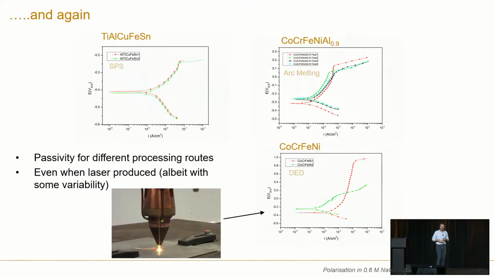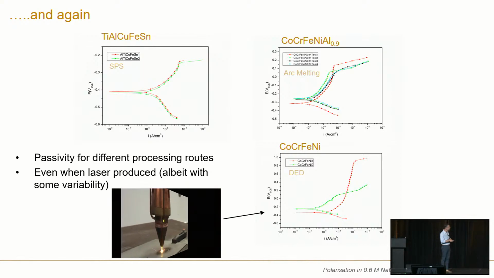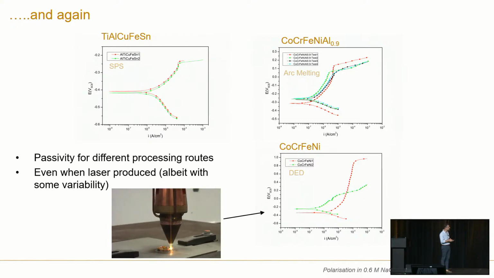And then we got it again and again for very strange alloys. Like, look at this one. This is titanium, aluminium, copper, iron, nickel. So I guess other than the titanium, this is kind of a bit of a garbage alloy, right? But still a big passive window. Still a big passive window here for this one.